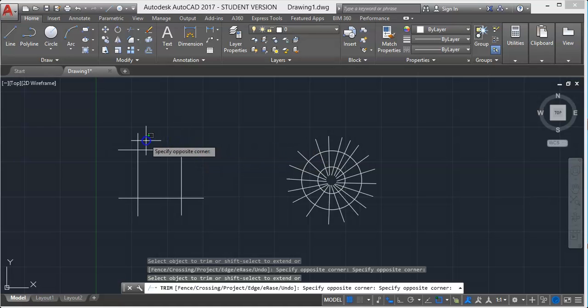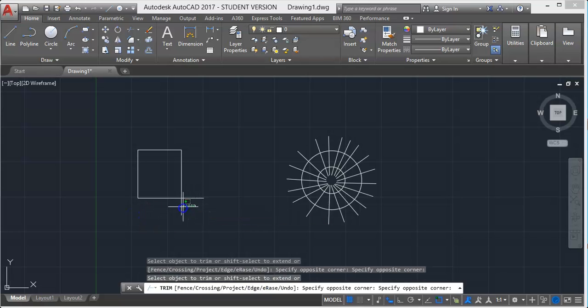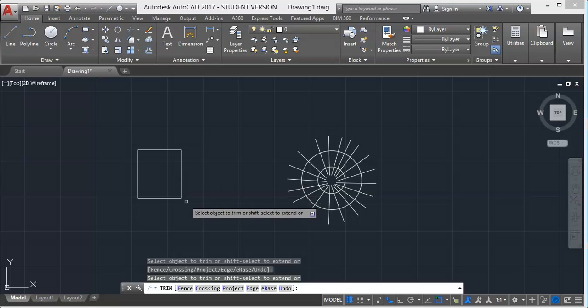Here you have it. These are clicked like this. So this is how you are going to use the trim command in most situations, but not always. So now let's move on to other applications of the trim command.